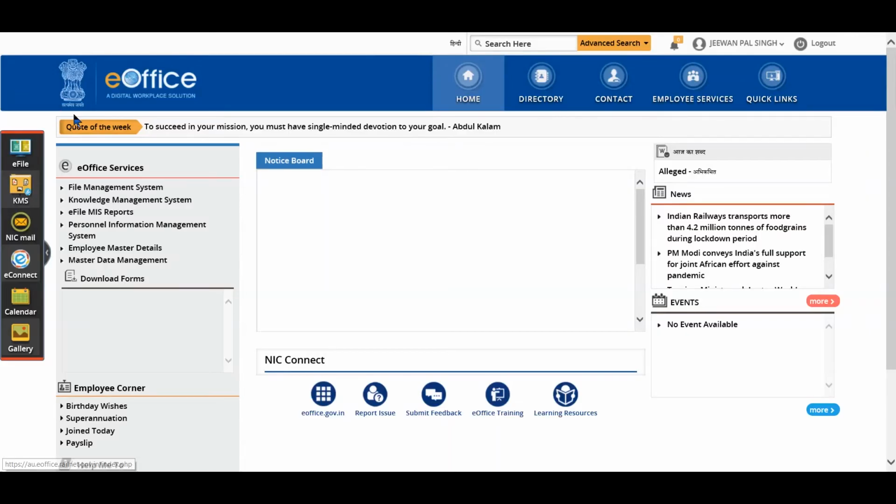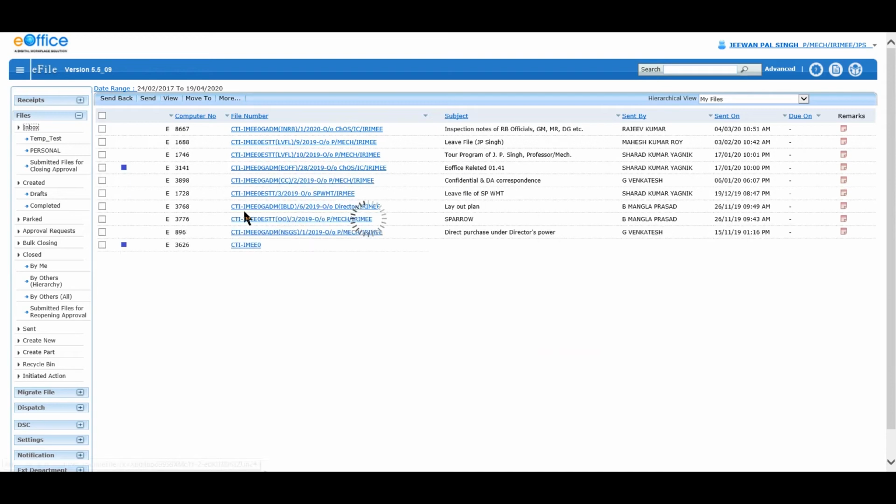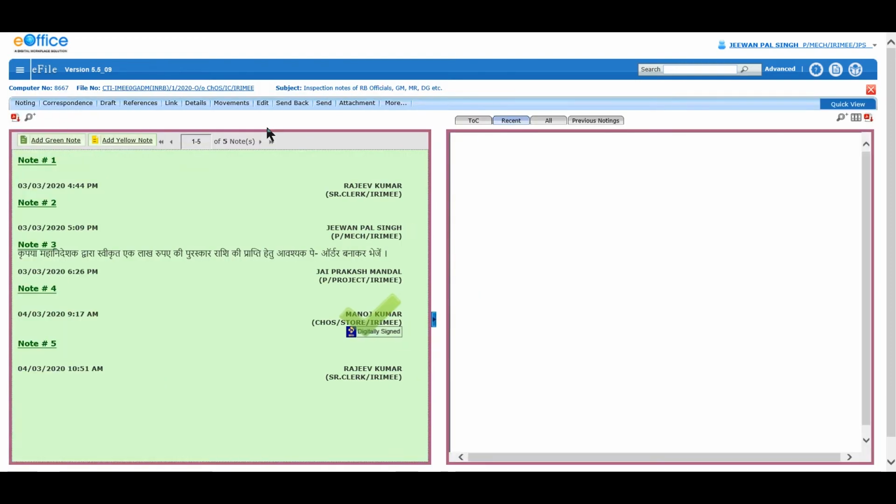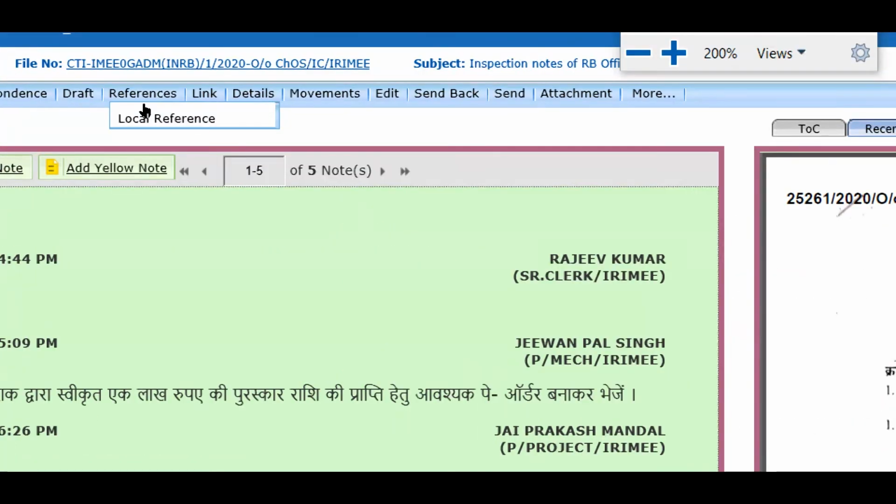Let us start eOffice. Go to Files inbox, open any file required in the inbox. To attach files locally, select the menu item Reference, Local Reference.